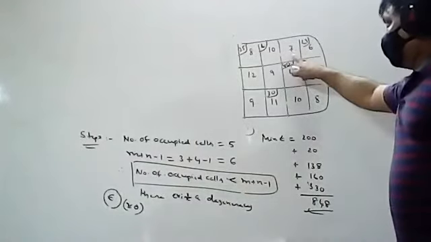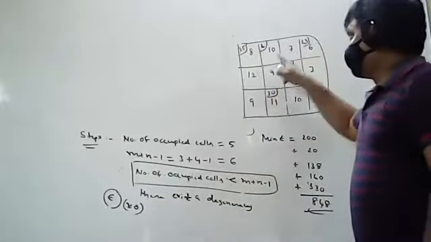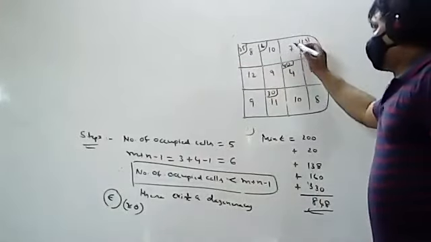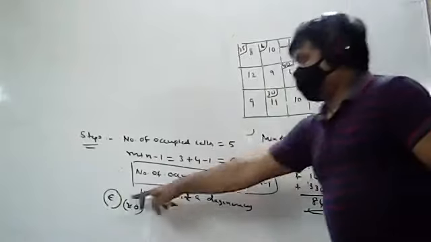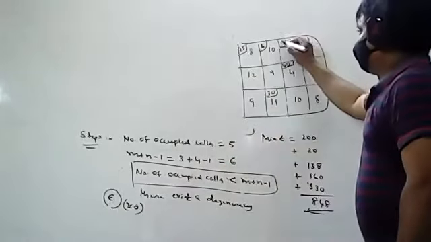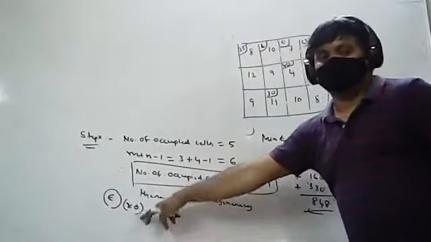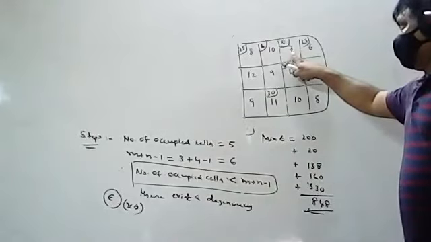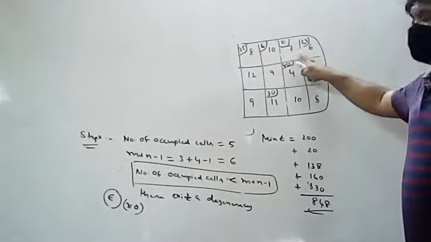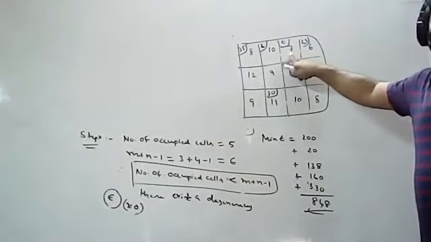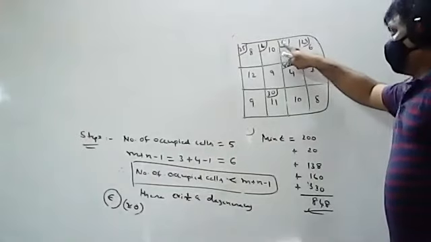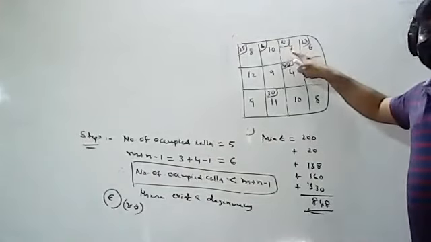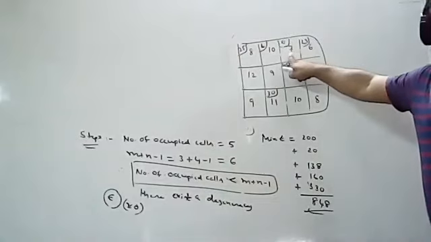So I am choosing this cell, independent cell. What is that cell number? Cell number is 1, 3. So wherever I am choosing the cell, assign a very small positive value epsilon. That value is equivalent to 0. Later on, I will substitute. So I have chosen this cell because 7 is the minimum value. It occurs twice, so I have chosen this one. Wherever I have chosen, assign a small positive value epsilon to this cell so that this becomes occupied. Now this becomes occupied.